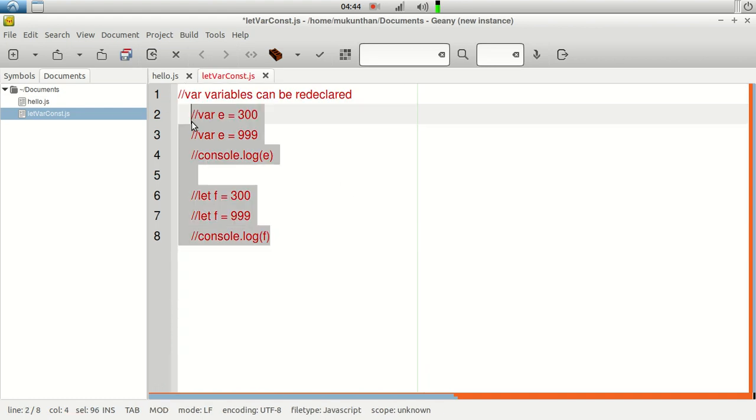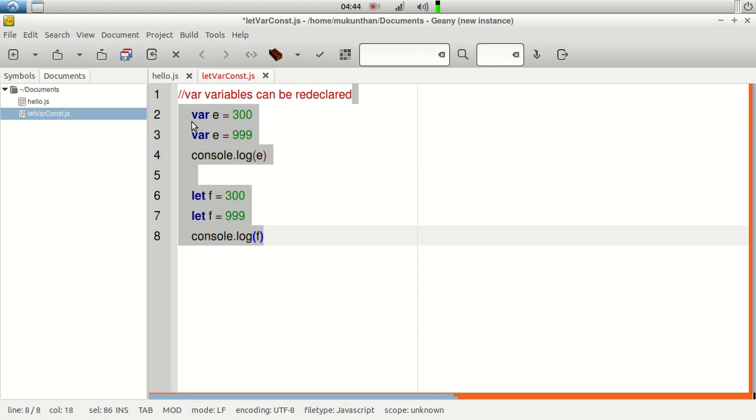Now we are going to see the major difference why we don't prefer the var keyword. Let's say if you have the var keyword, there is a possibility that you can redeclare. Here we need to just make sure that we understand the difference between redeclare and reassign. Reassignment is nothing but you have declared in the first step, and in the second step you are just reassigning the value to the existing variable. Whereas redeclare is just like you are declaring two times with the same variable name.